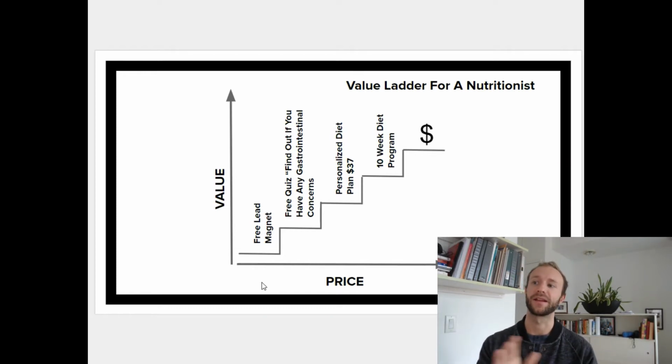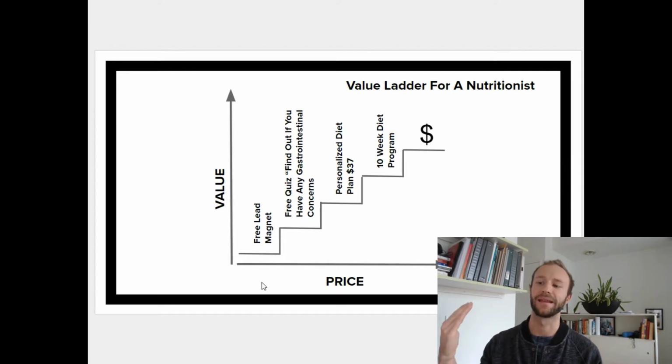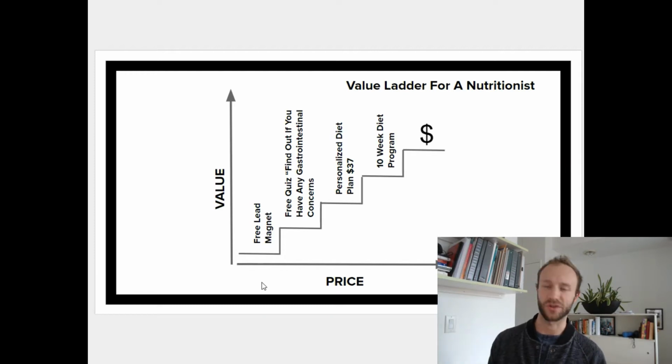Then from there, you can convert people and say, look, I've noticed that you have this personalized diet plan, but we're really missing some key things to bring you to your optimal health and to make you feel amazing, wonderful, fresh, healthy, youthful, rejuvenated again. I recommend you try out my 10-week diet plan. It's $1,500 or $2,000, whatever it is that people charge for that, right? And then have them come back in every 6 months for a checkup. That's how a nutritionist would approach their business,